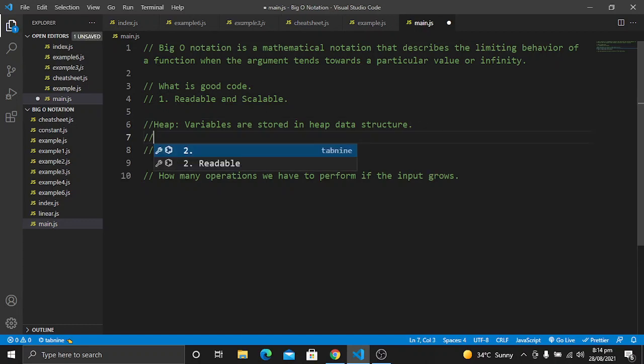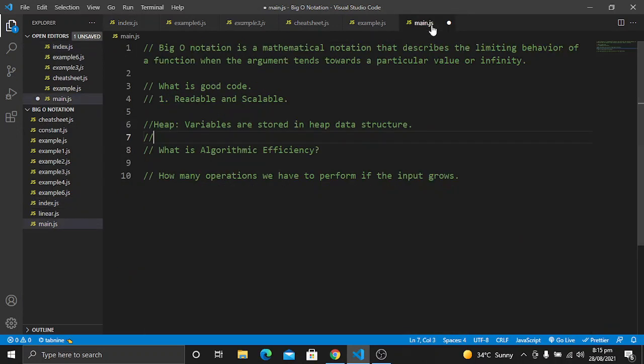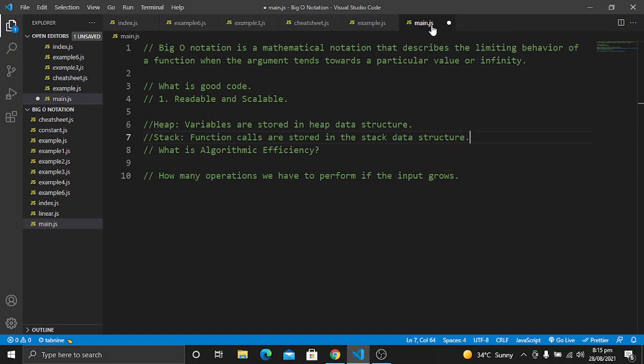And the next term is the stack. The stack data structure is where all of the function calls will be stored, in this part of the memory. So I can write it here: function calls are stored in the stack data structure.